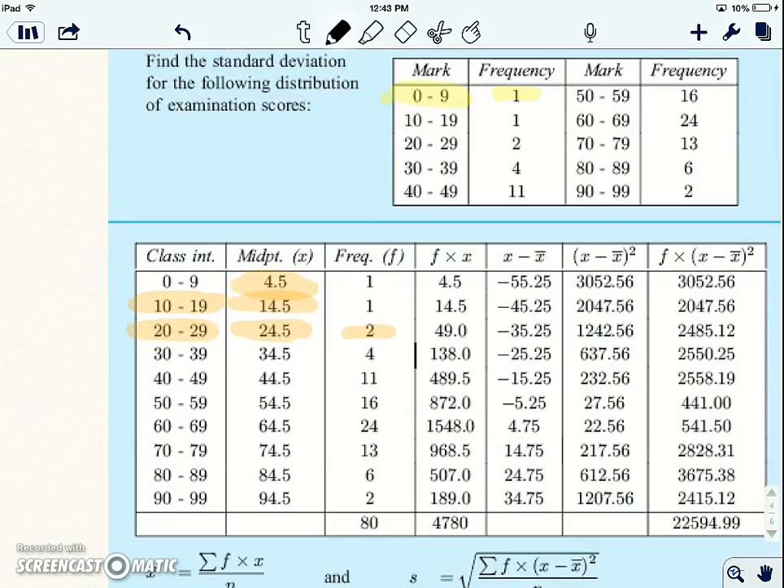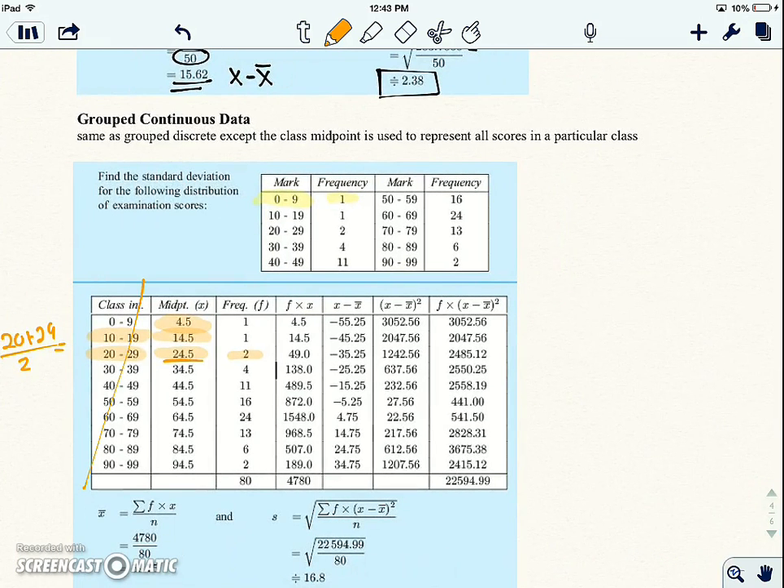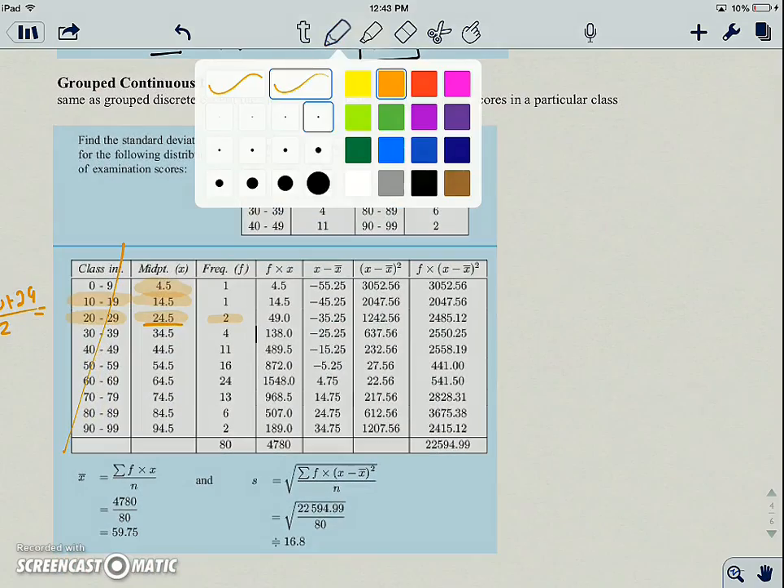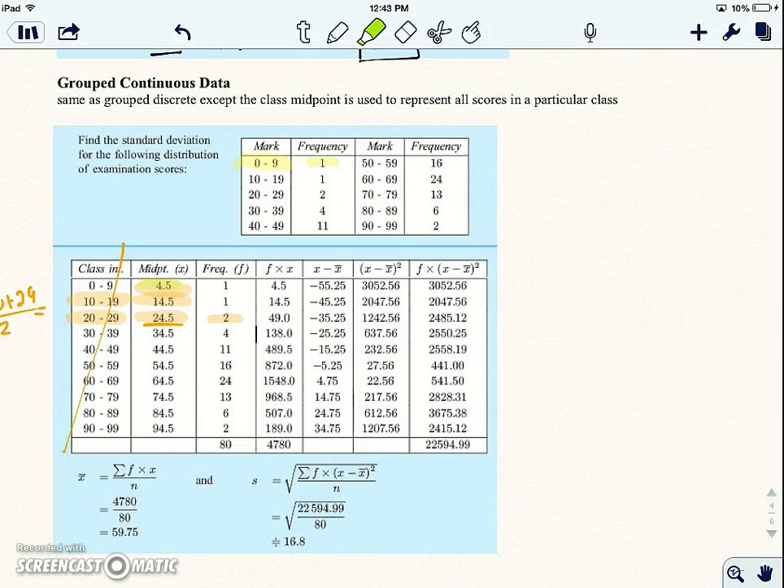Again, to get the middle, you just do the endpoints, add them up, and divide by 2, and that'll give you the middle. Once you have that, we can ignore this and do exactly what we did here. So we're pretending that 4.5 showed up once, that this showed up once, that this showed up twice. Add them all up. This is my total. Total divided by 80 scores, and we have an average of